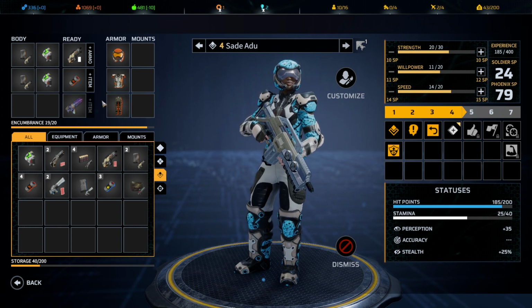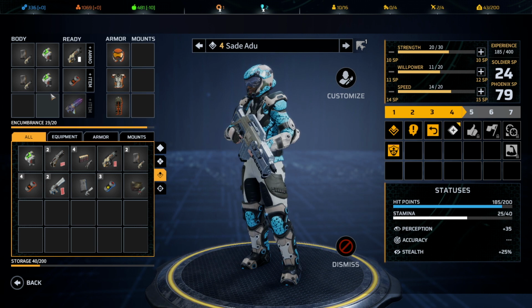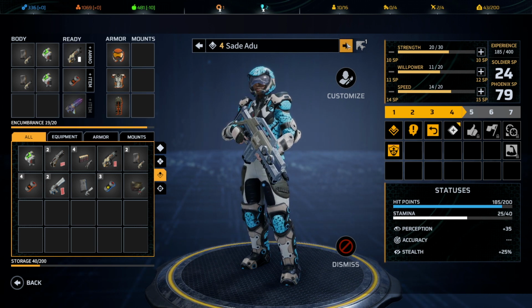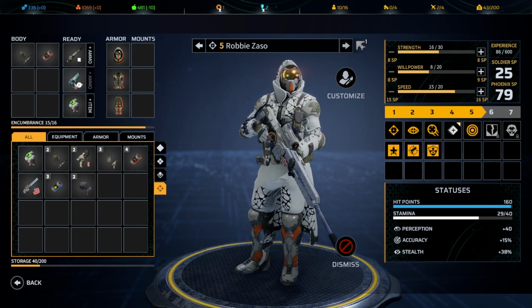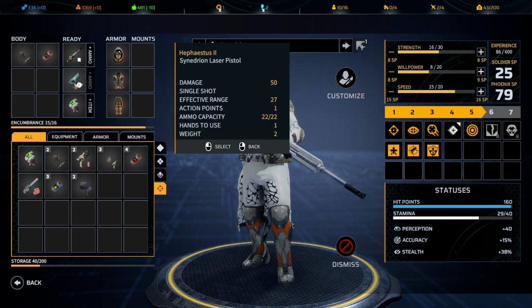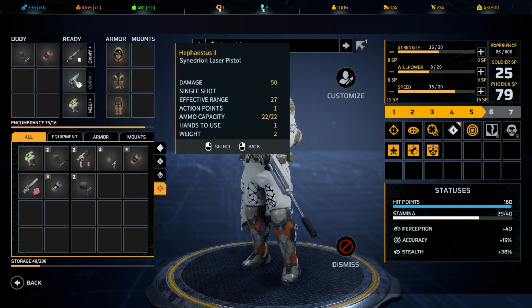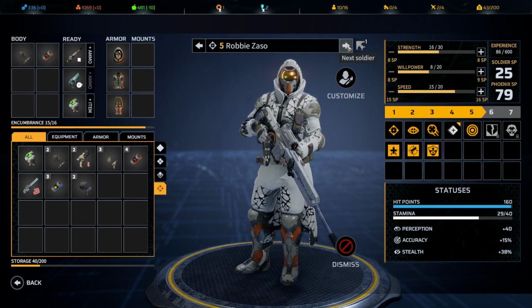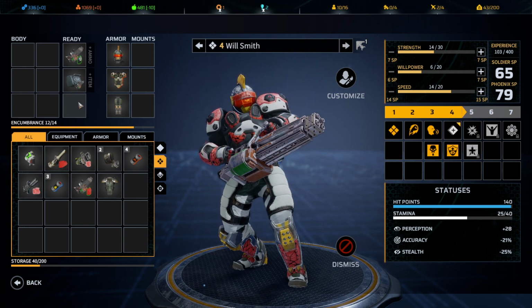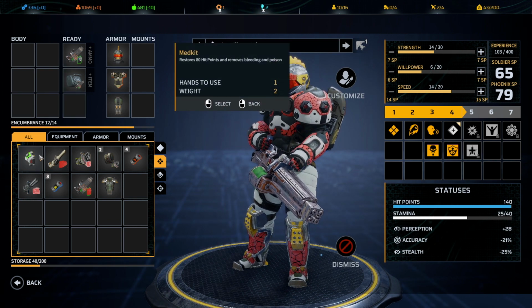And Sade, yeah, we'll keep you with the 2 med kits just because you can handle it. You're strong. Robbie, yeah, we're all good here at the moment. Just got to keep an eye on our pistol ammo here, because once we do run out of the Synedrian ammo, we don't have any more until we find some. And now the big question, we've got plenty of ammo there, we got room for...